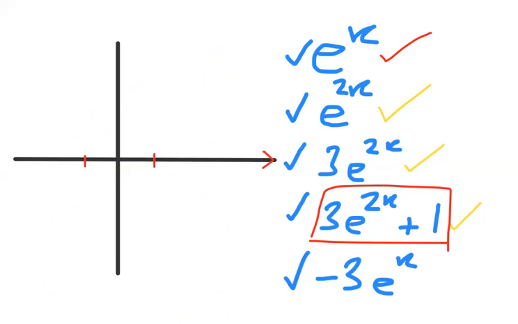Now, if, for example, we had to draw negative 3 e to the power x. Now, what does negative represent? Negative represents that every value, for example in the third function, 3 e to the power 2x, we were getting all positive values, but over here we'll be getting all negative values. So the graph will be similar to 3 e to the power 2x, but a reflection of that in the